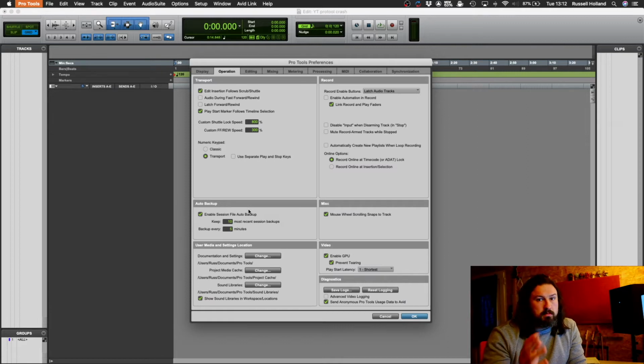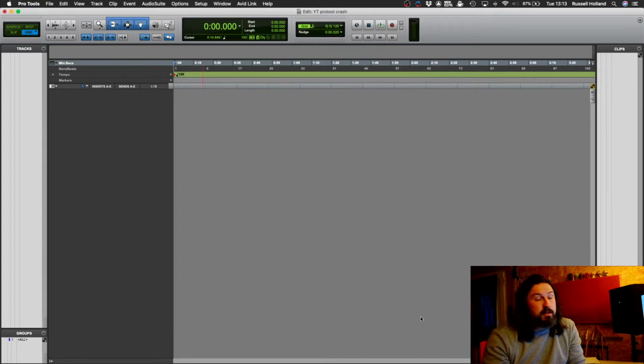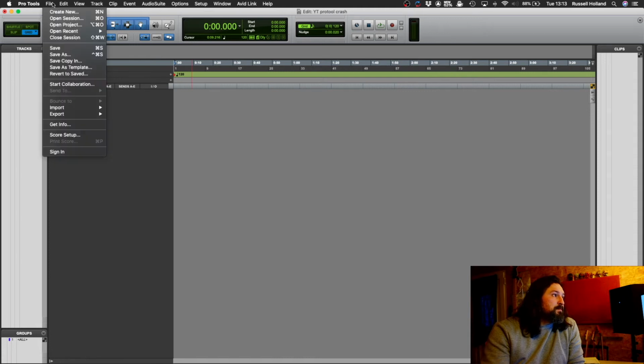I change mine sort of regularly depending on what I'm doing, but it just means that you know that those files exist. So once you've done those settings, they should stay forever, because they're part of your preferences, they're not session dependent. Now, if we've had a crash and we want to create a new session from a backup, create a new session and then go up to File and then go Import and then